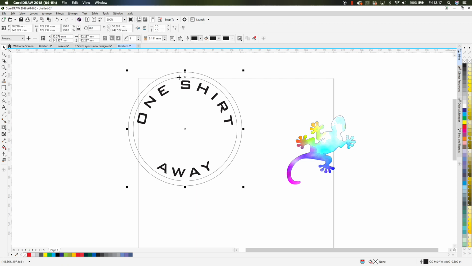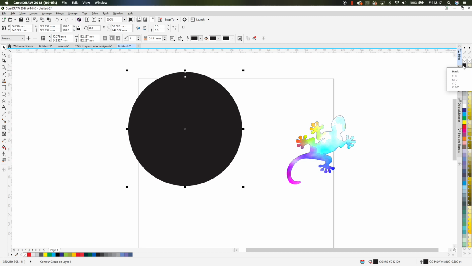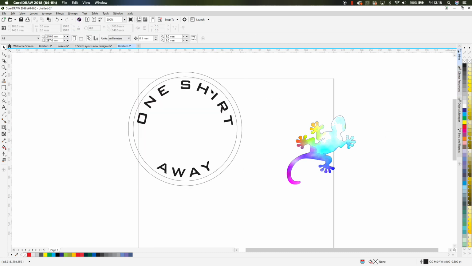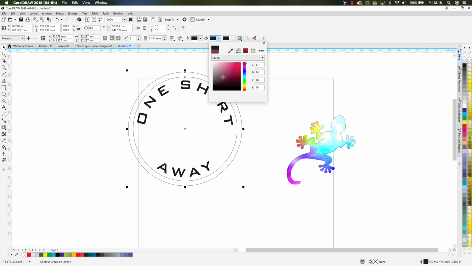Okay, that's cool. And so actually all I want is a black edge around the outside, so that's fine. What I would do in that case is go over and click on the black. No, unfortunately, because what we've got there is two components, an inner circle and an outer circle, and what we need to do is make these two components separate. Okay, so there's a way you can do that. You can do it through the fill tool on here, and you can change the different colours, so the inside would be white and the fill behind this would be black.